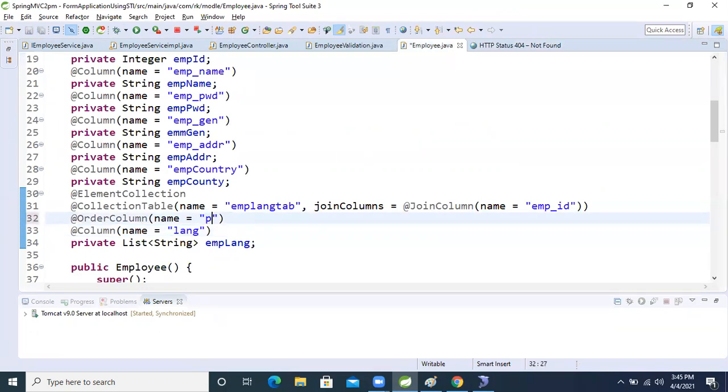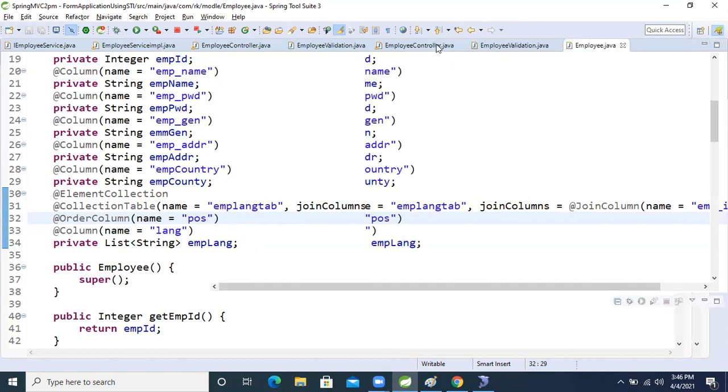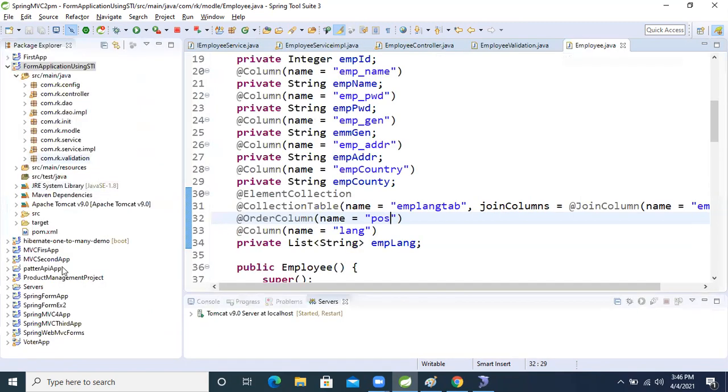No, here change another position of the object. Let's take another thing. I think both are matching, because of that I think we are getting the error. Yeah, they should not be the same. Okay, let's run one more time. Both these things we are taking the same name, because of that we are getting the error. Now let's run this one.